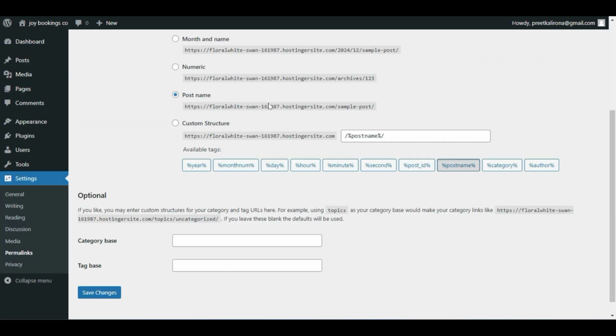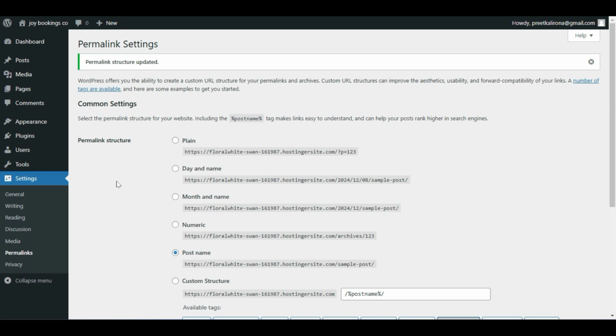So we always make sure our permalink is set to post name before we install our Listeo theme. After that, click save changes. Now the next step will be we will install our Listeo theme. So let's go ahead in appearance, click on themes,